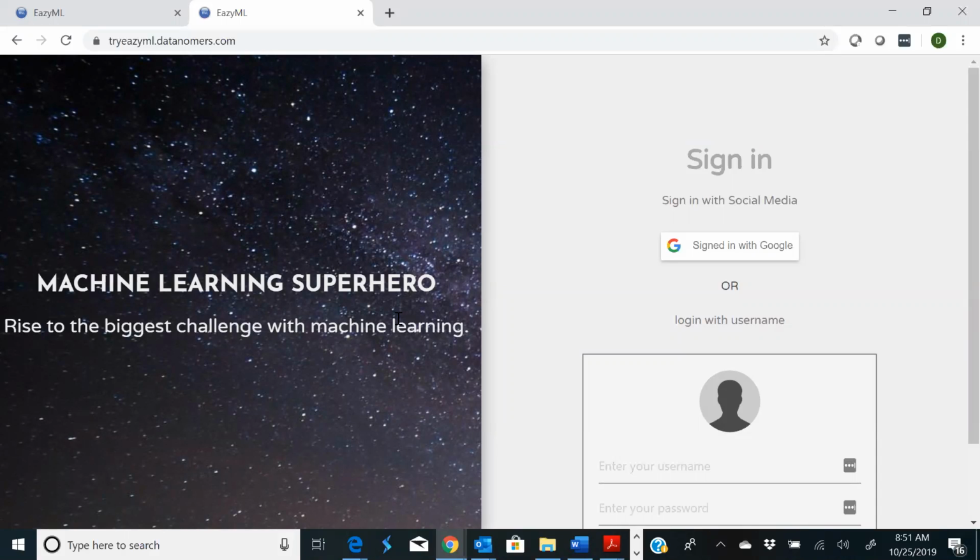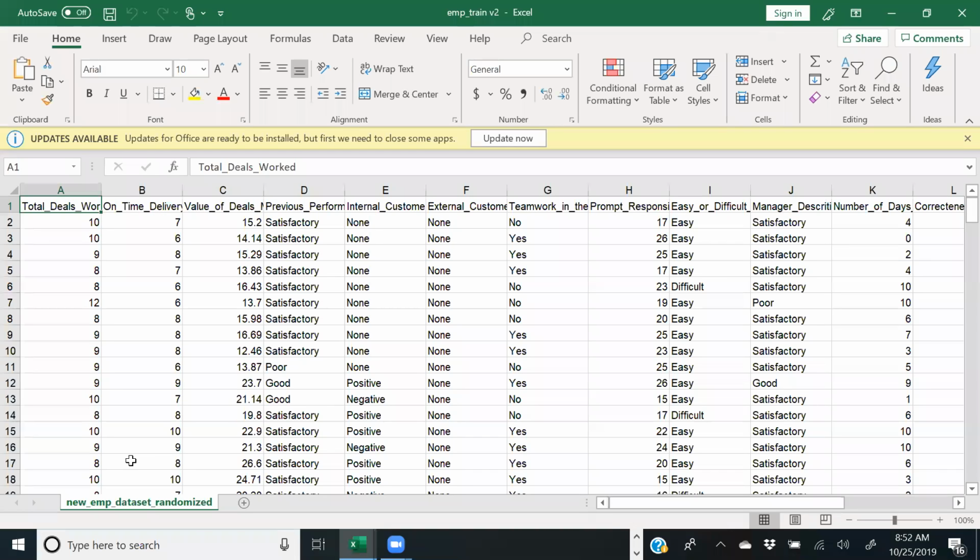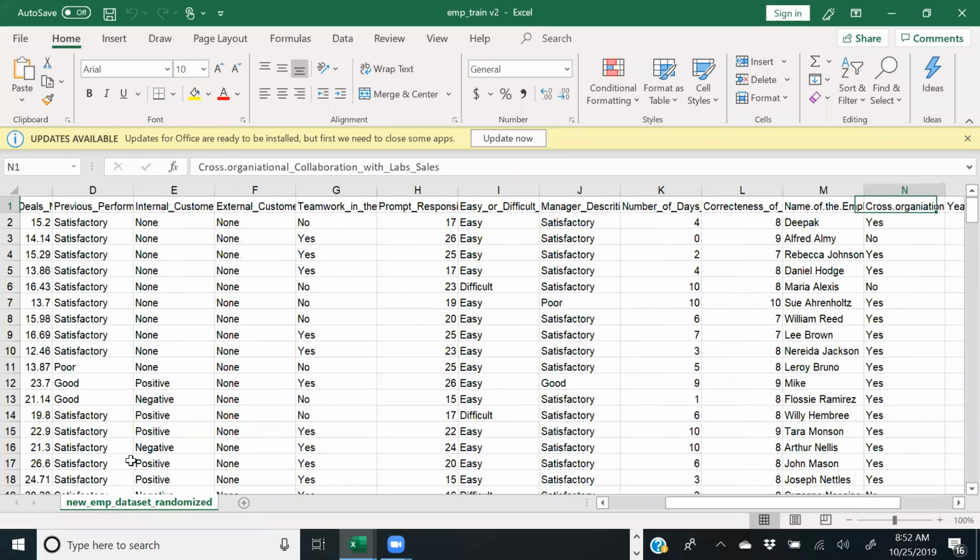So for instance, it would read from what we call training data. Let me share that with you. Something like this. You enter your spreadsheet where you have the deals the employee has worked on, how many on time, the value of these deals, previous performance evaluation, and what the customer feedbacks are, is he a team worker or not, how responsive is the employee, and so on and so forth.